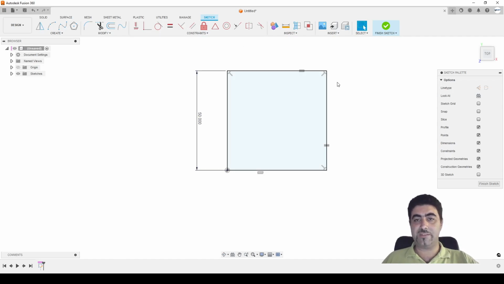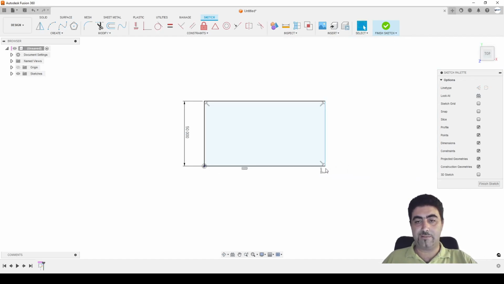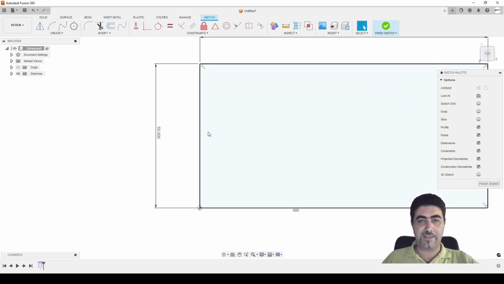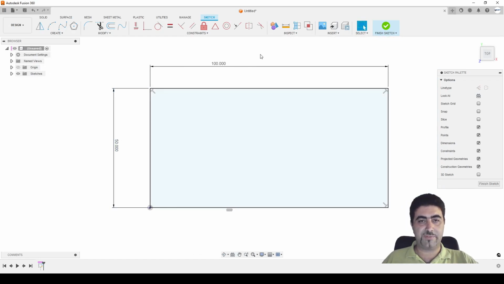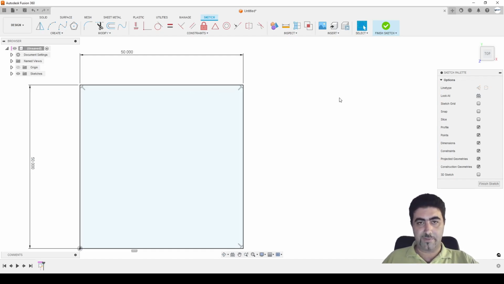Again, we have the same thing. This is a square. The design intent is that of a square, and the shape is a square 50 by 50. How do we change the design intent to make it a rectangle? Well, we delete the equal constraint. Okay, same behavior. We give it a value of 100. This is the rectangle that has a dimension of 50 by 100. And if we go back to 50 here,